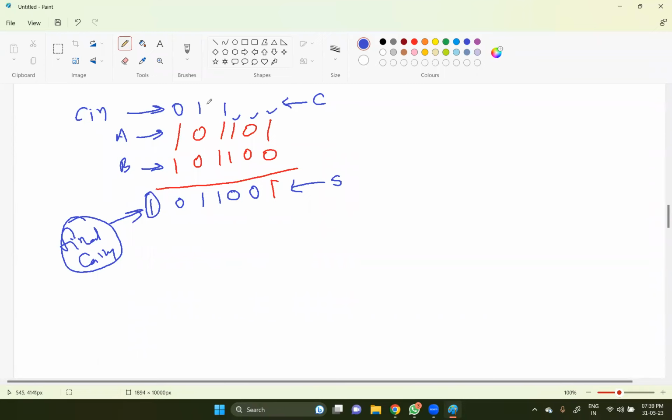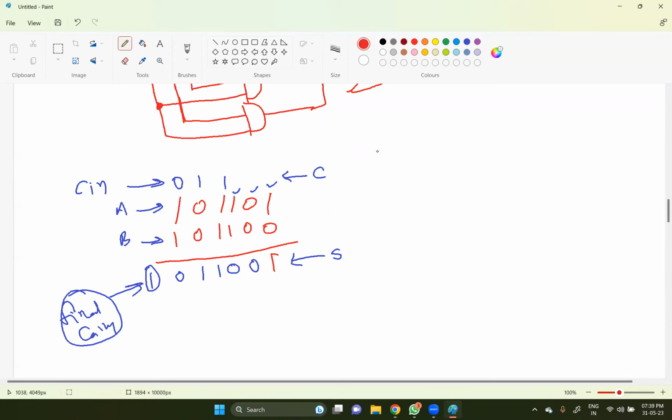Now, let me say this is the 0th position, this is the first position, second position, third position, fourth position, fifth position. So you'd write A0, B0 as the first one. These two are A0, B0. A1, B1 will be the second bit positions, and so on and so forth. Based on this, how could